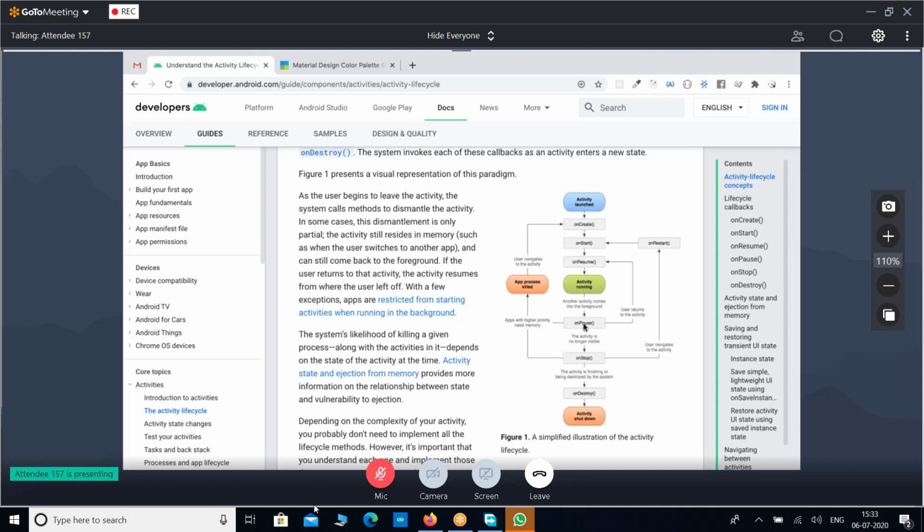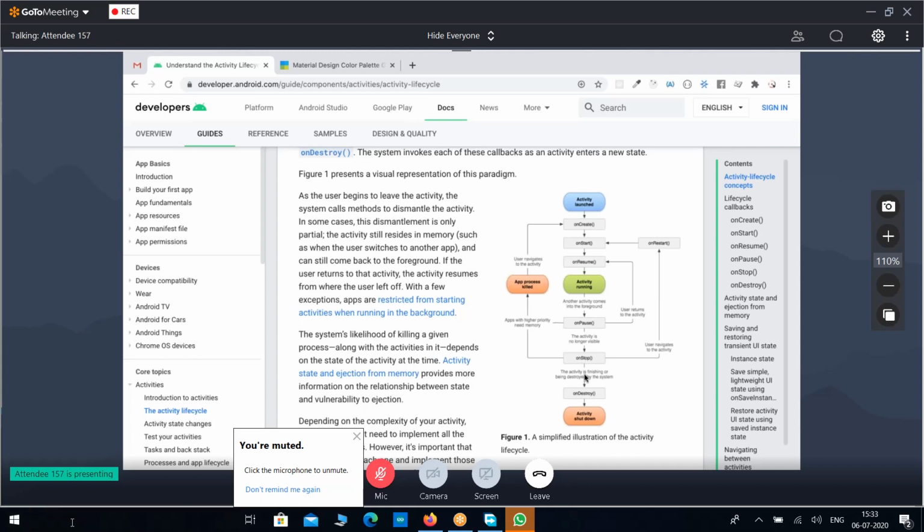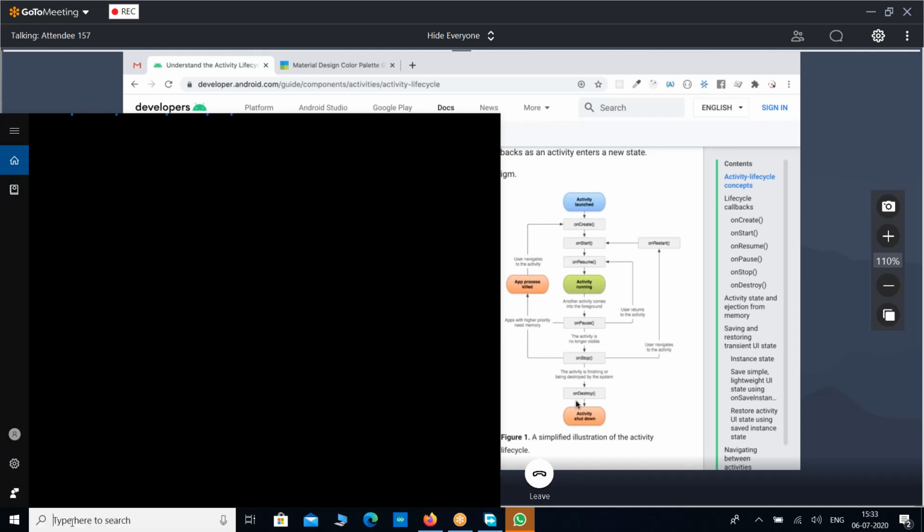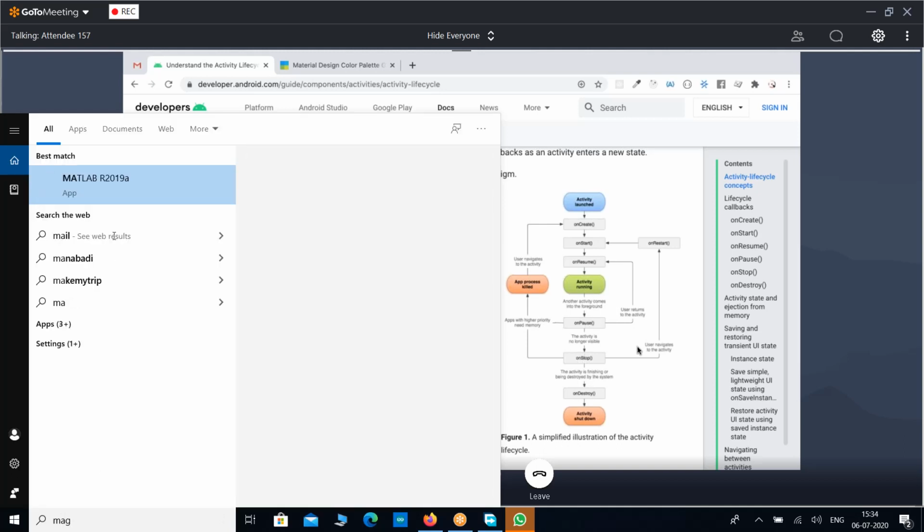If you are completely destroying the activity, if it is no longer visible to the user, then it will call on stop, and if you are completely removing that activity from the activity stack, it will call on destroy, and the activity is going to shut down. If you look at this diagram, it is a very clear diagram of how your lifecycle methods will be executed.